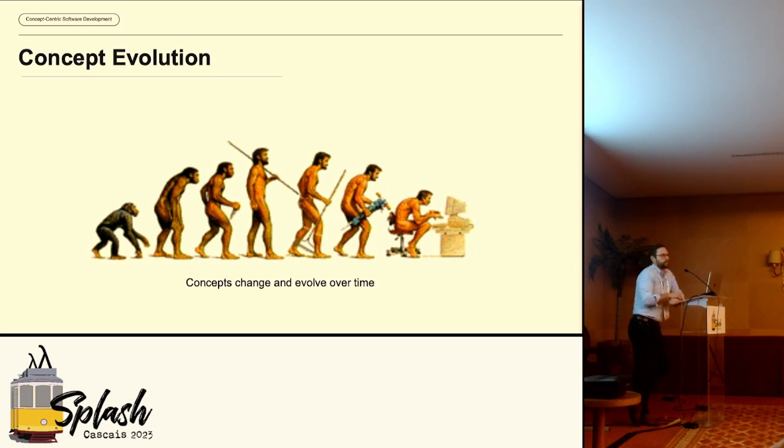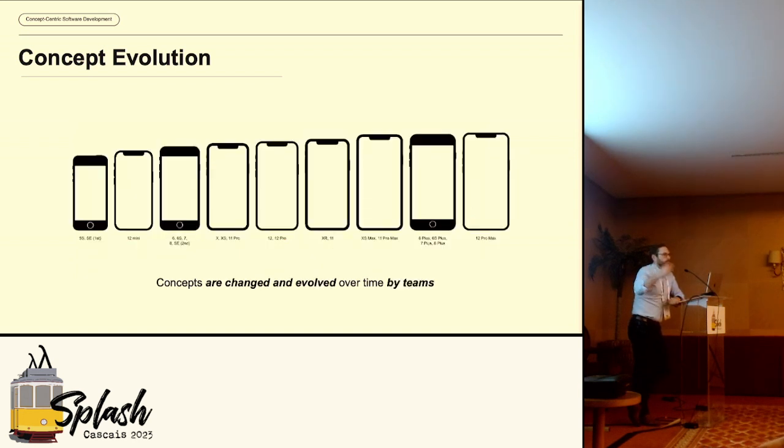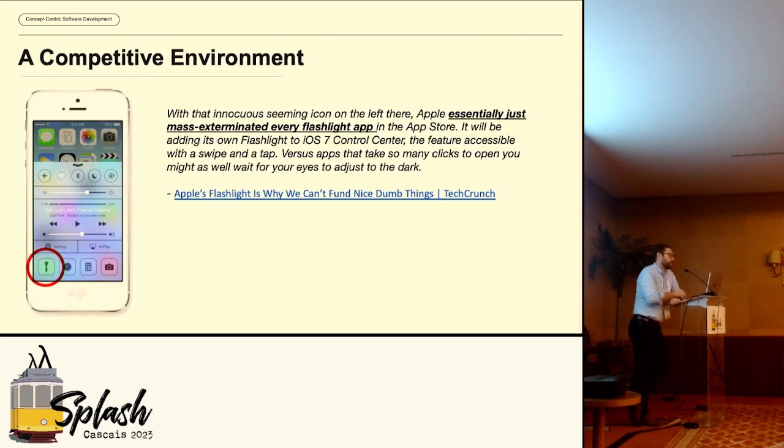I think about this as sort of, hemoglobin has stayed pretty similar in the genetics of organisms, but higher level abstractions sort of change more rapidly. And this isn't quite the right reference frame because they're actually evolved by teams, right? And they're evolved by teams to sort of win in this quite Darwinian market economy. And so as an example, you can think of iOS 7.